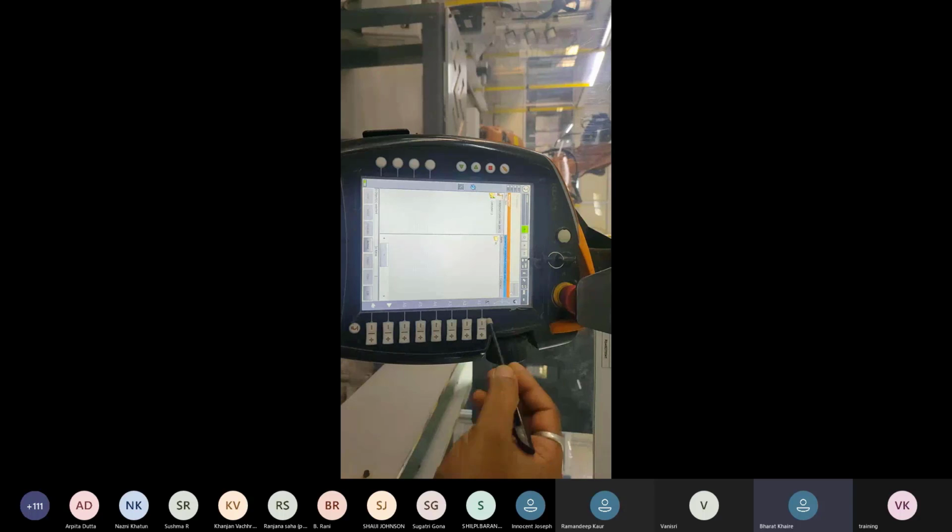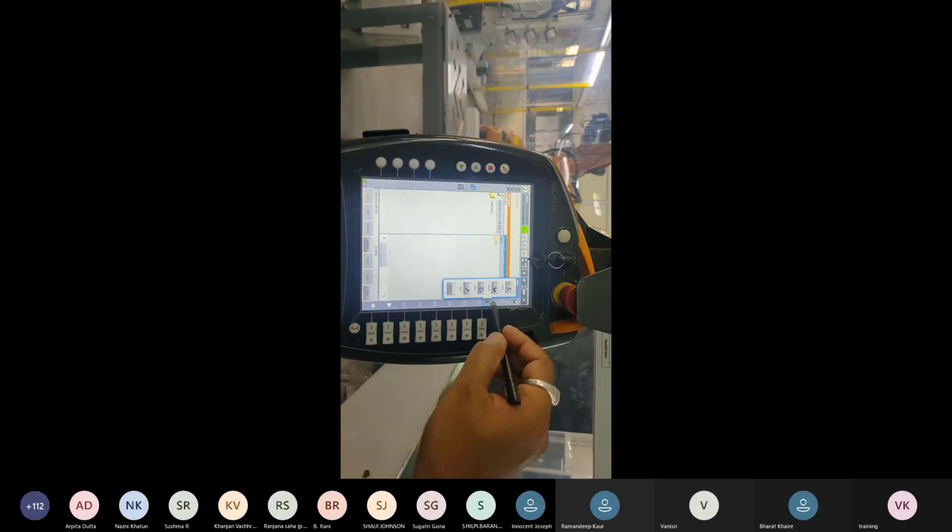Okay, so we have 4 different methods here to move the robot. These keys are given to move the robot, and we can also move the robot by the 6D mouse.